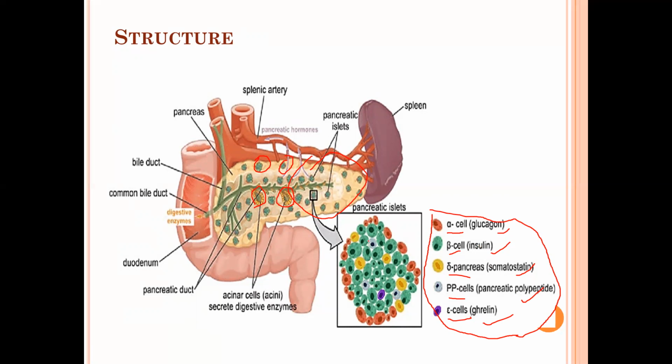And these islets of Langerhans play a very important role in controlling mostly the carbohydrate metabolism or the glucose content in our body. The hormone produced from pancreas helps in maintaining a balance in the glucose content in our body or in our cells or in our blood. So first we'll see about different types of these hormones.